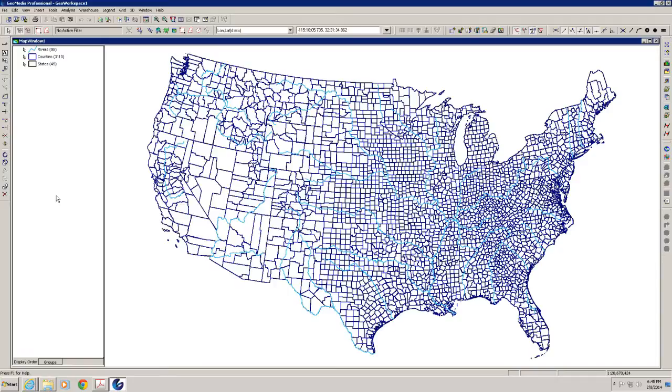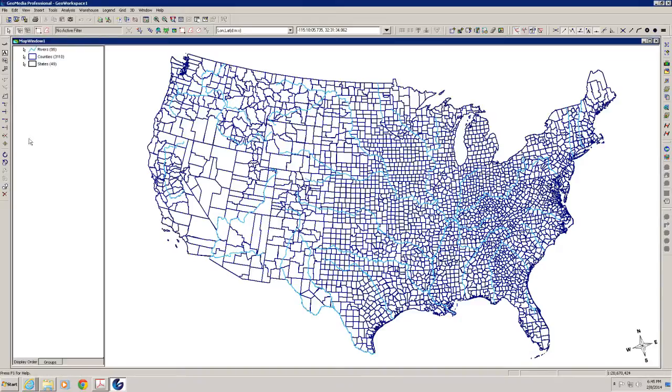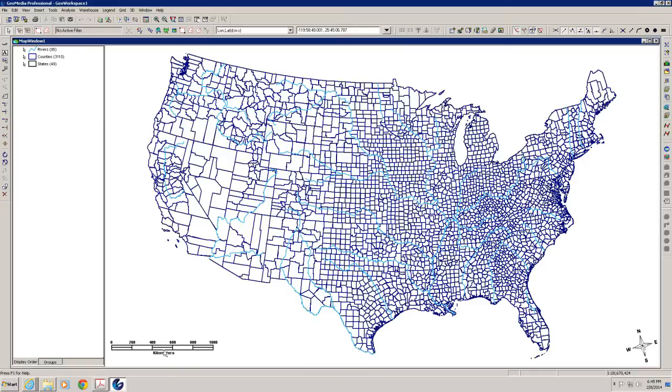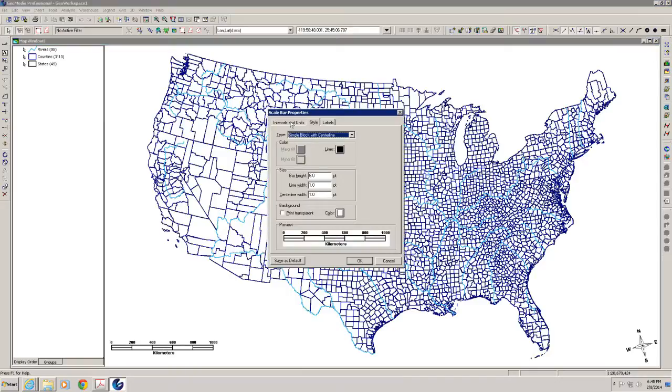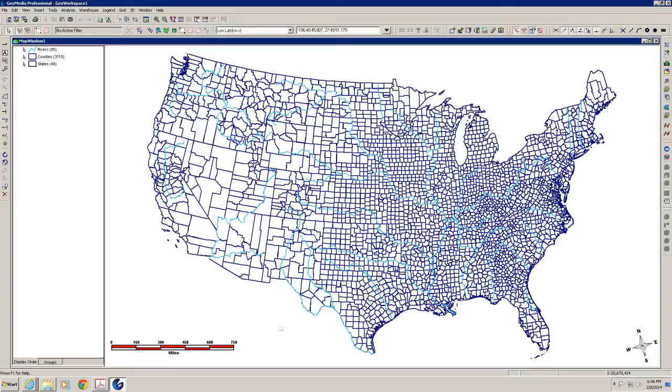The only other two elements we need in this map window to make it a map are the scale bar and north arrow. So we're going to put the north arrow down there, and I'm too lazy to change it, so we'll just use that one. Scale bar, we have to change it because it's in kilometers. Double left click on it, go to intervals, and change the drop down here under units from kilometers to miles. And style, let's go ahead and make it double block. Just adds a little color to your life until you do a thematic. So now we have miles,